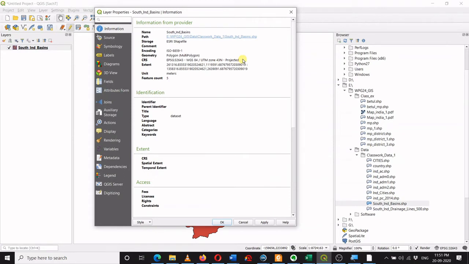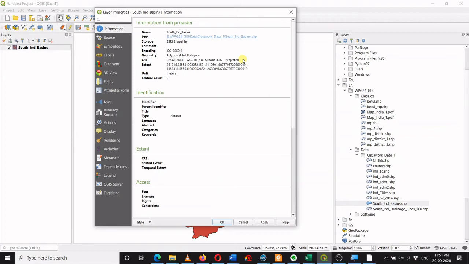So it means the map or layer is in two-dimensional form. Remember, if you want to calculate the area or length, the coordinate reference system of the layer should be in a projected form. It should be like a paper map, in two dimensions, and only then can you calculate the area. Otherwise, if it is a geographic coordinate reference system, the surface will be curved, and in that case you won't be able to calculate the area.